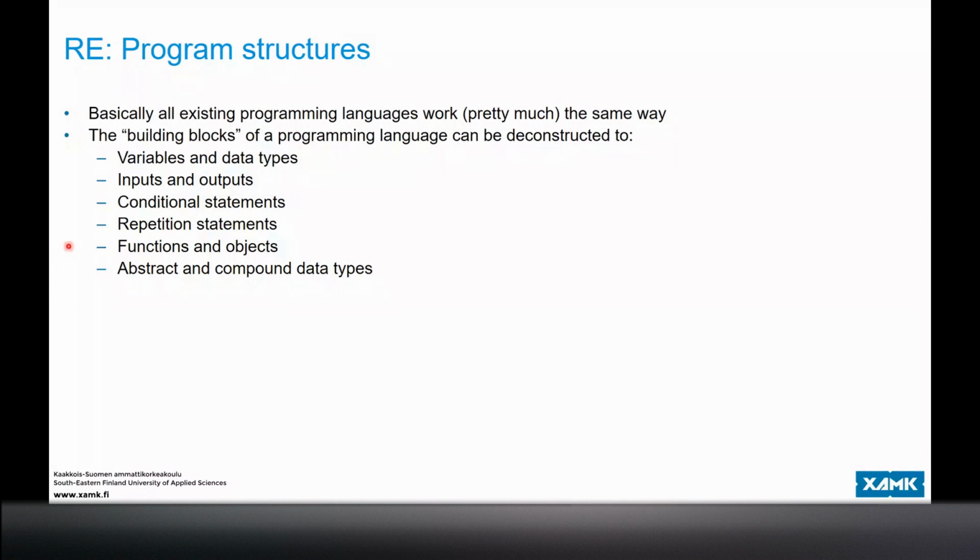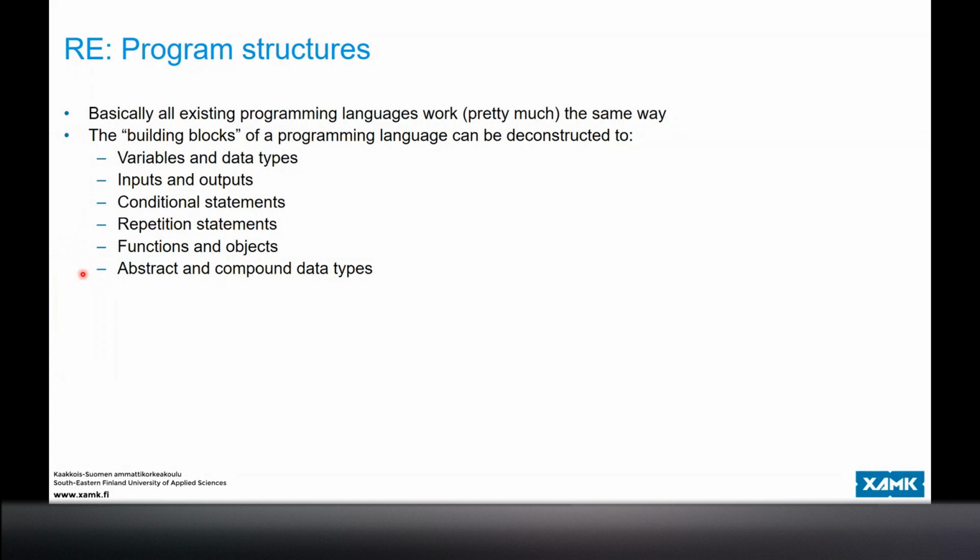So as discussed previously, basically the building blocks for all modern sane programming languages work the same way, and they can be deconstructed to these elements. And basically at this point we have already covered variables and data types. We've covered inputs and outputs, conditionals, repetitions, functions, and the only thing that's left on this list are the abstract